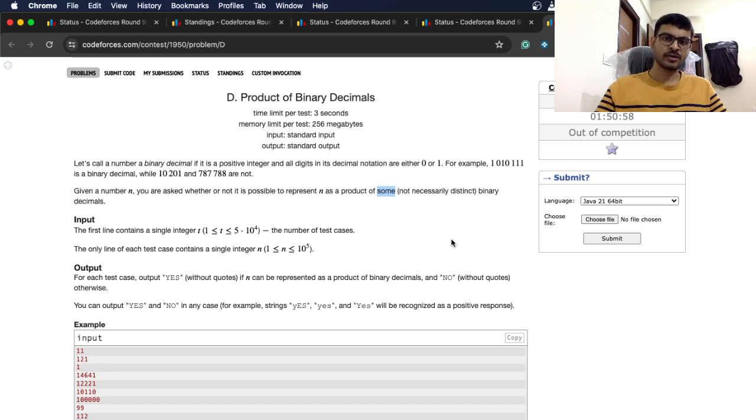So what I've implemented is actually for two binary decimals. Can it be expressed as a product of two binary decimals? But I need the sum. Now, what is this sum? How many can it reach? If I sort of try to find that,